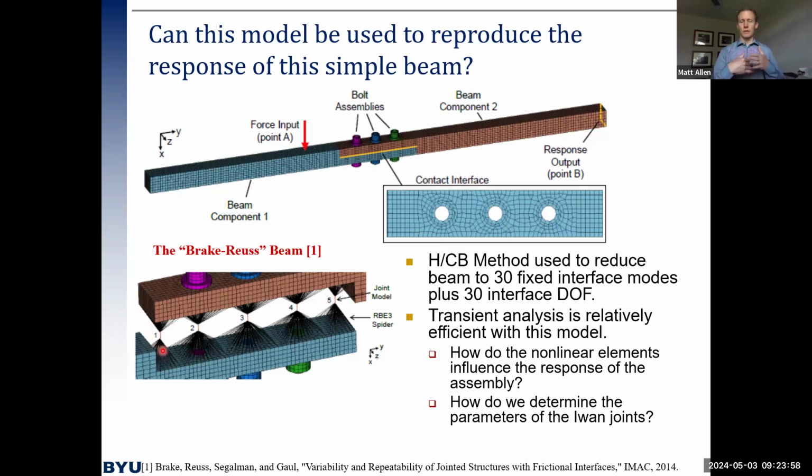Even though they're not bolted, they were pressed in there due to the geometry of the beam. So can we replace that? You can use an I1 model, and we showed in a paper that you could actually replace each of the joints with an I1 element, and you could use model updating to tune this